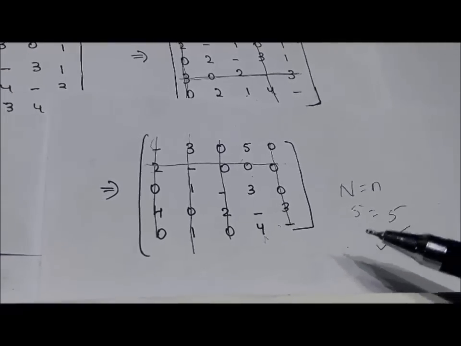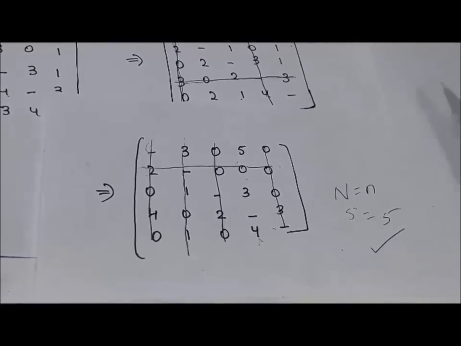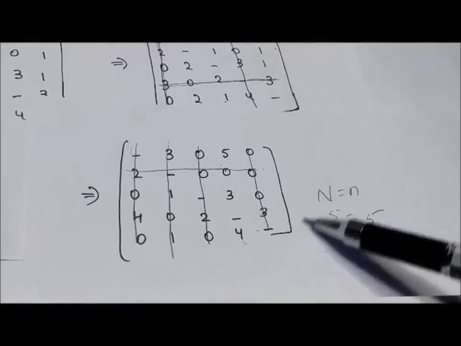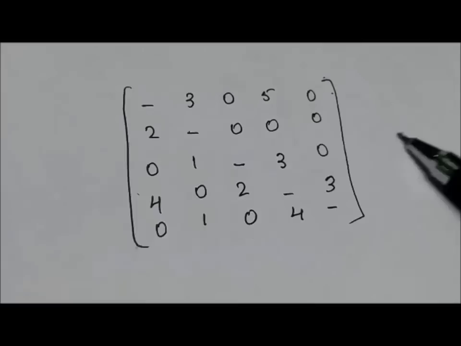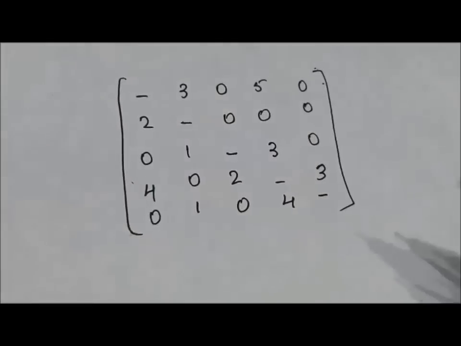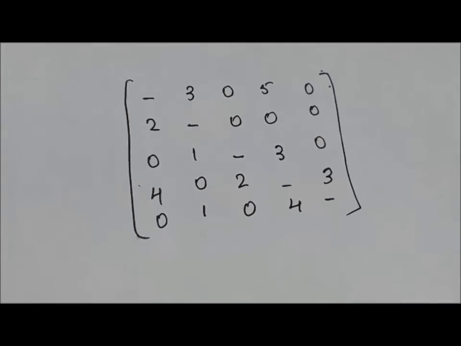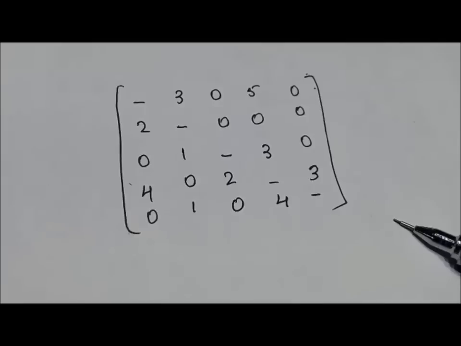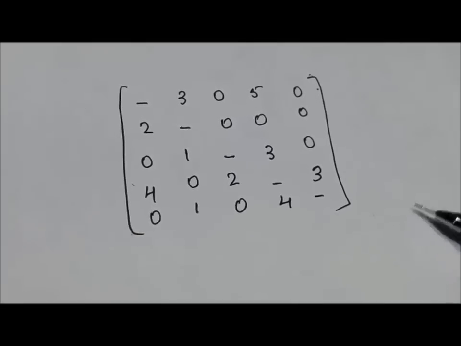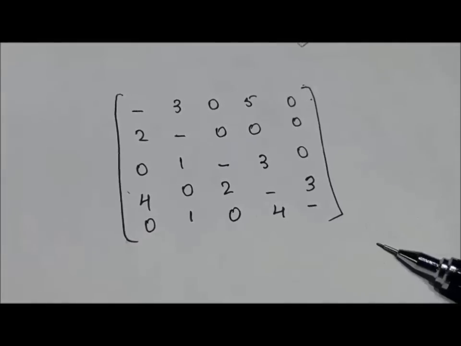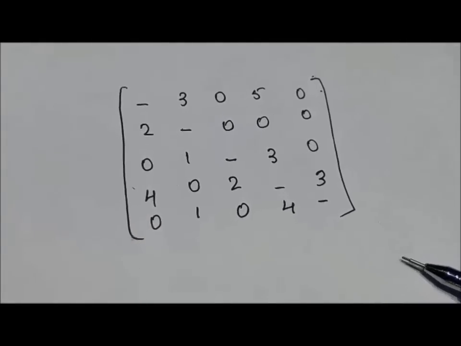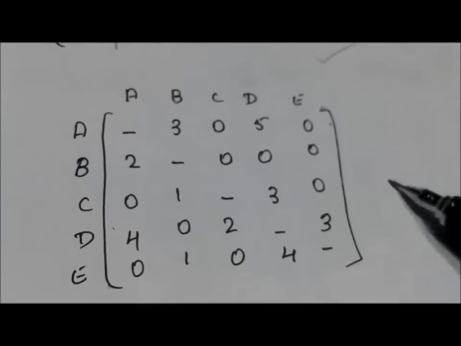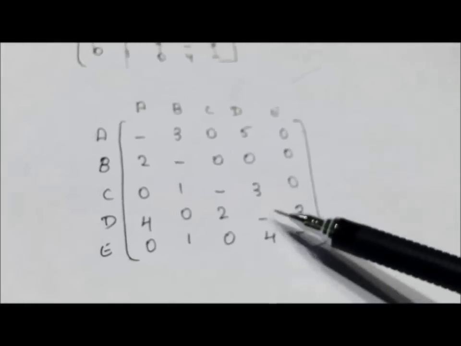for this particular problem. For the allocation, I'm not going to do anything. I'm just going to retain this particular matrix as it is. So let's go ahead with the allocation. This is the matrix which I have retained from the previous step for the purpose of allocation. Quite similar to what we did in the basic assignment problem, but here a little bit of changes are there. So let's go ahead and do the allocation.